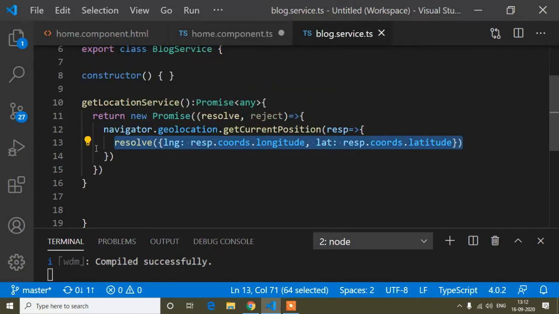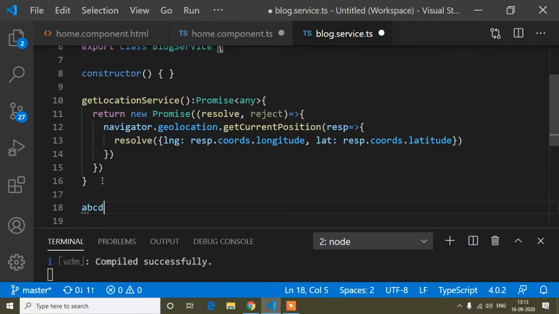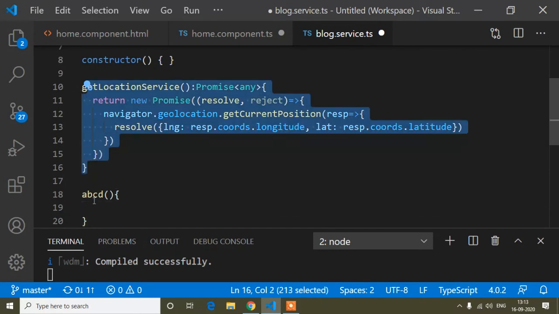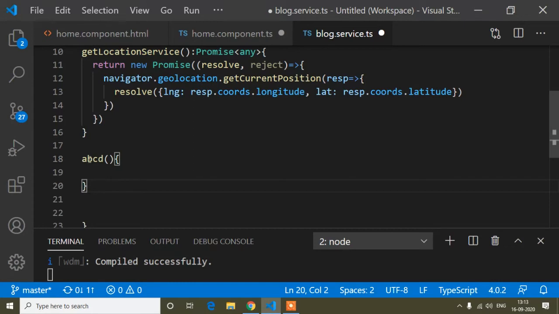So guys, again I'm saying that when I pass a promise, if the promise is resolved, we pass it in resolve and we get the value of this function in then. So if I take an example of any other function, if the function is executed successfully, then I will execute this function.